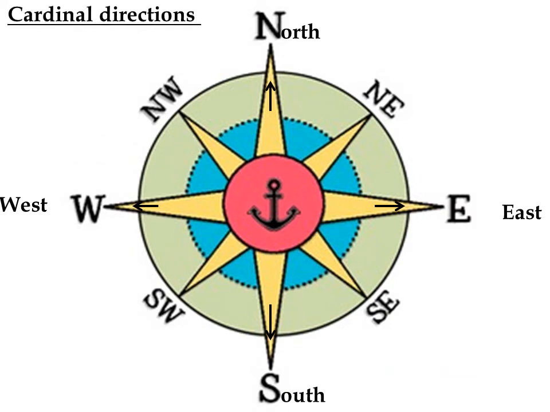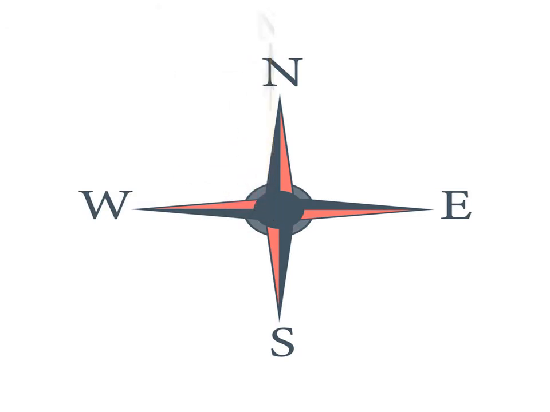Let us first start with the directions. To read a map correctly, it is necessary to have an understanding of directions. The four directions that are universally accepted are east, west, north, and south. In the given image, the arrow pointing to the right indicates the east and the arrow pointing to the left indicates the west. Similarly, the arrow pointing towards the top indicates north and the arrow pointing towards the bottom indicates the south.